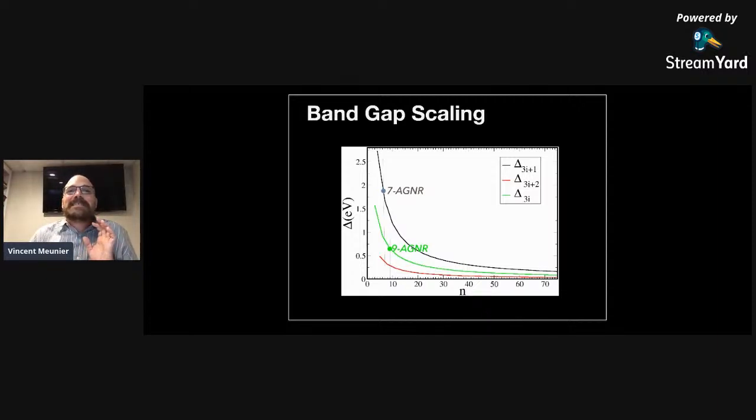But I actually used that from his thesis from a number of years ago. And the point is that the two structures I mentioned, it was a reproduction, of course, of the work done by Steven Louie, but using his method. And here you see that the two examples I showed you with 7AGNR and 9AGNR, they fit exactly on the band gap I have here. Now that's nice, but the question is experimentally, can we actually also